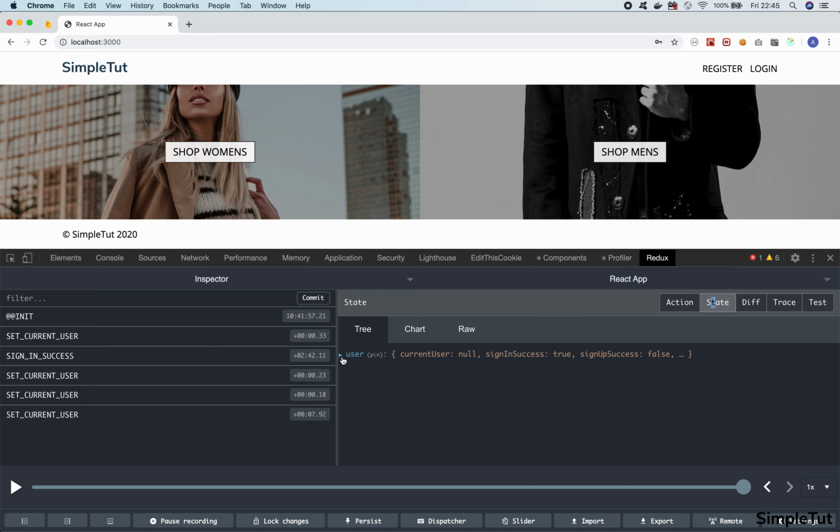So looking at the user state from my Redux Store, I can expand that. I successfully logged out. You can see this user object is null, but the sign in success is still true. The reason is we dispatched an action that would set this to true so we could redirect the user once they signed in, but we never reset this. So when the user actually logged out,